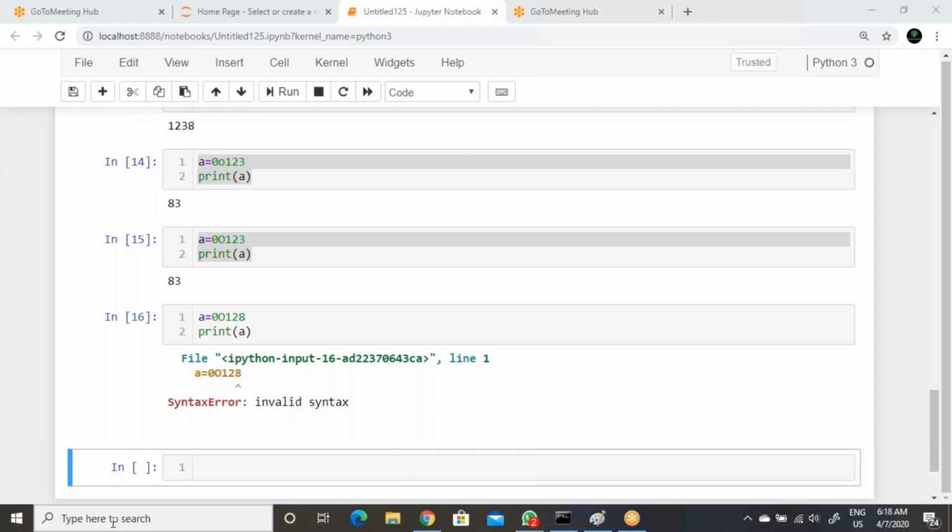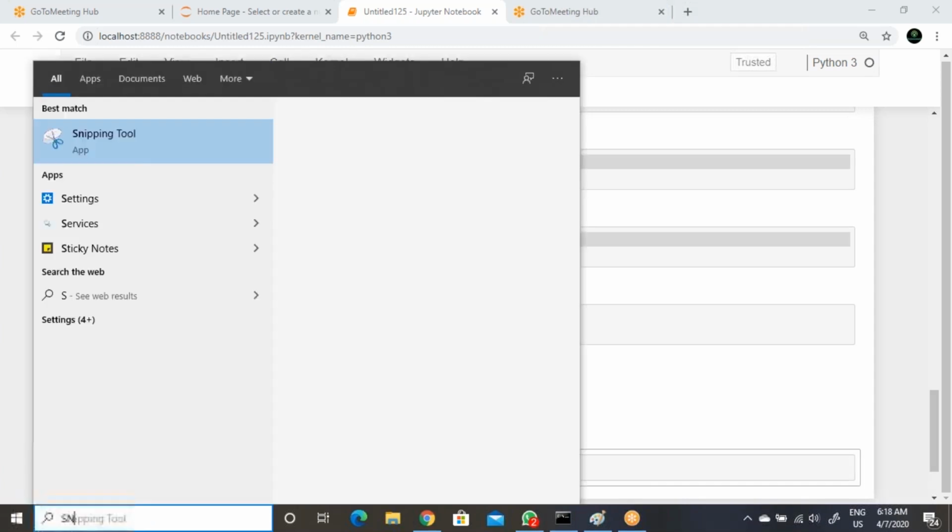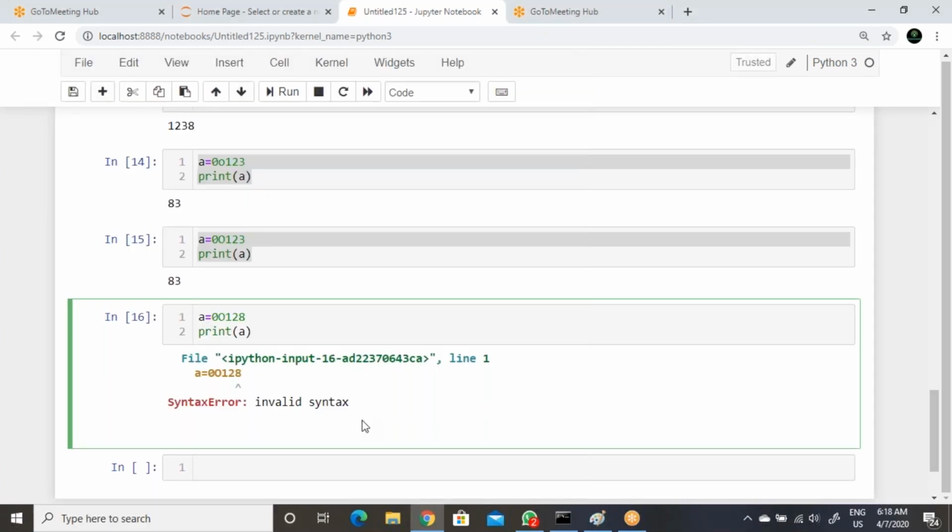So now let's see how we will get this 83 here. Now see here. Let's see the diagrammatic explanation.